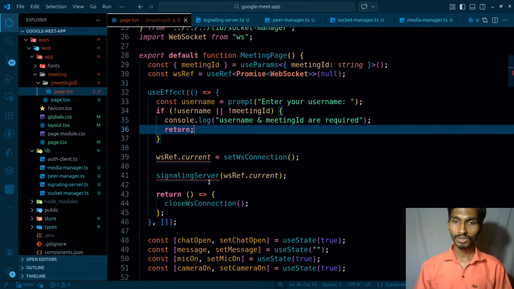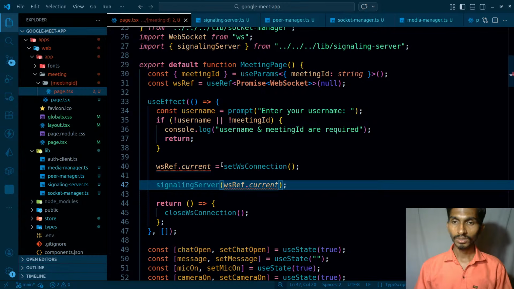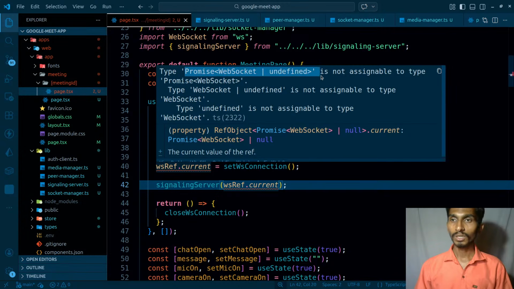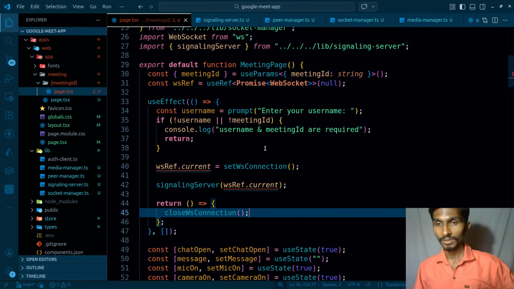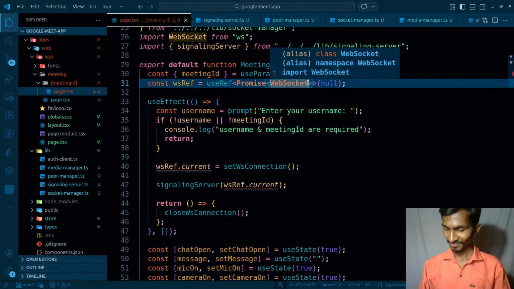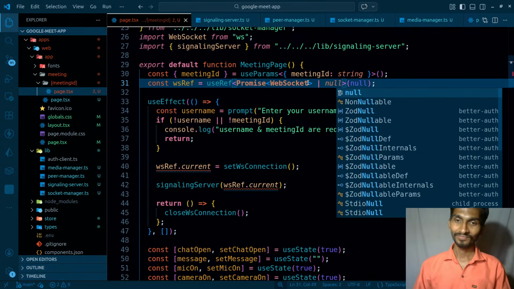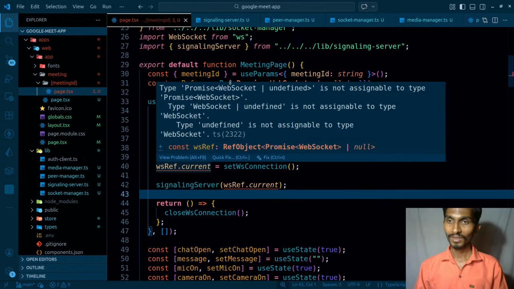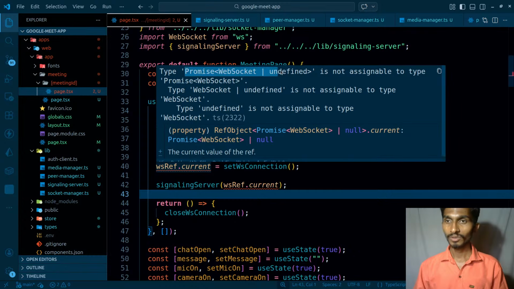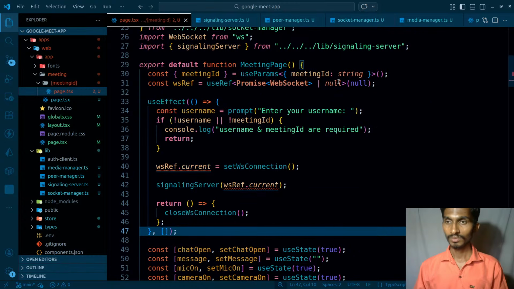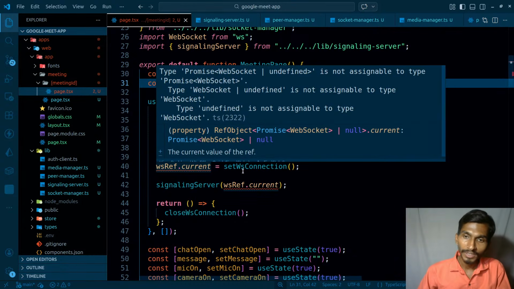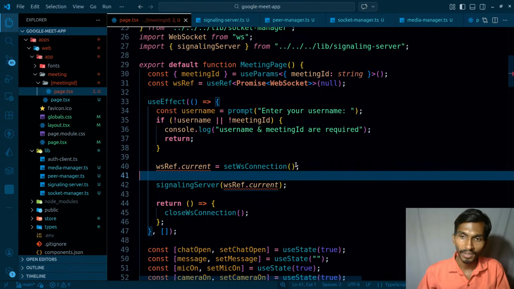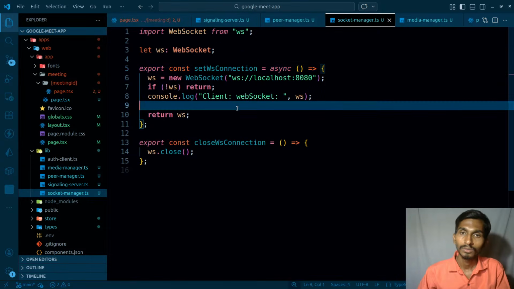Coming back to this particular section, I have to import this. The second thing is that promise or undefined is not assignable to type this. Let's say it can either be this or it can be null. So what is the issue? Promise or undefined is not assignable to this. The main problem is not null. The thing is that whatever you are getting from here can actually be undefined. How will you handle that? So yeah, this can be undefined. In that case,